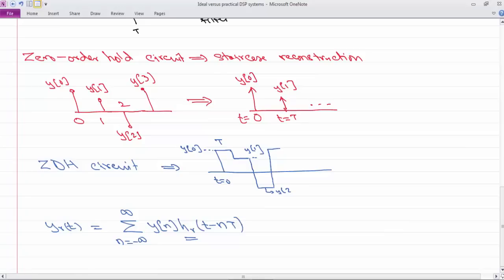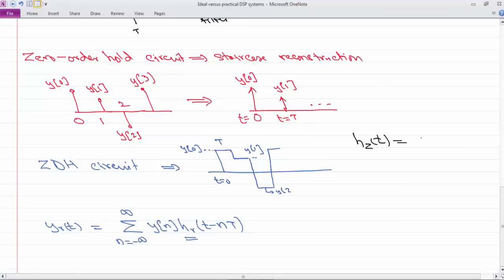Now in ideal reconstruction, you can also derive this entire thing where you say that your ideal reconstruction filter has been replaced by a reconstruction filter whose impulse response hz of t is